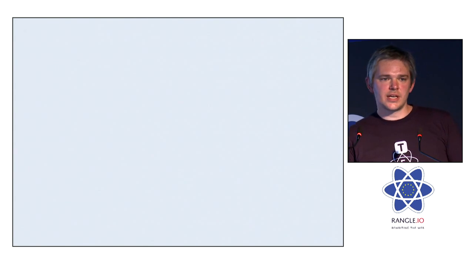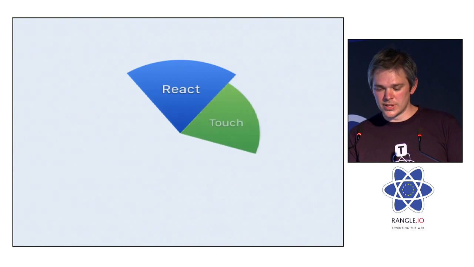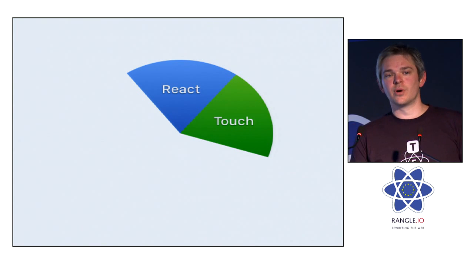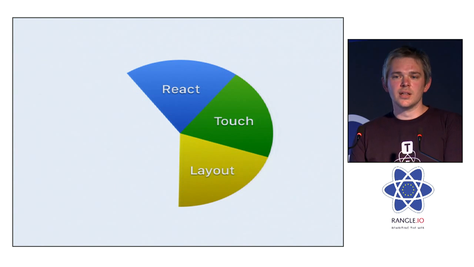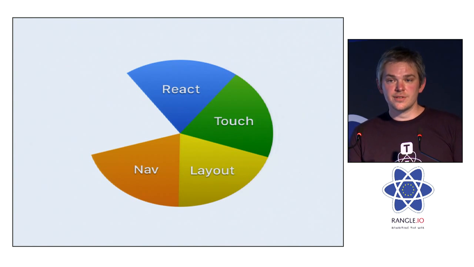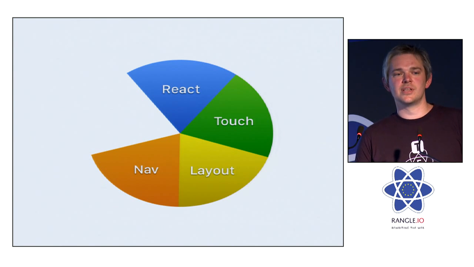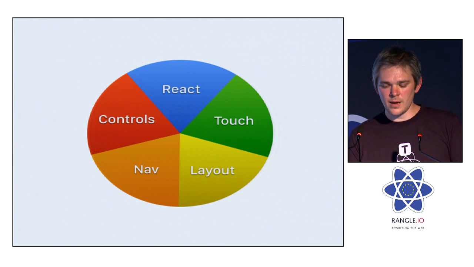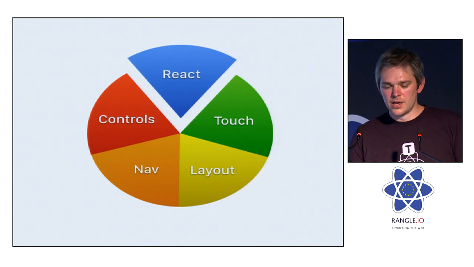So the key techniques that you need to do this well are, number one, React. That's important. You need to handle touch really well. That's actually probably the most important thing that you need to do. Layout is important. I'll go through how that works for mobile apps. And navigation, of course. It's a different navigation paradigm to create a mobile app than it is to create a web app. And of course, the controls and animations in the UI library that goes with that. So starting with React,